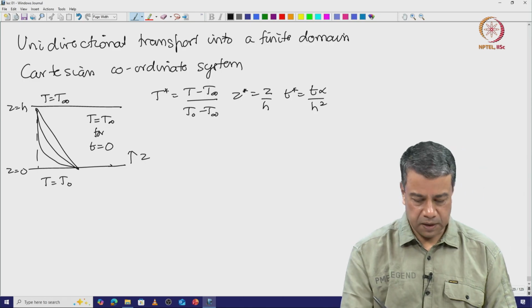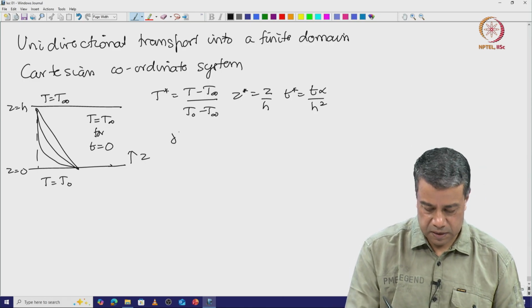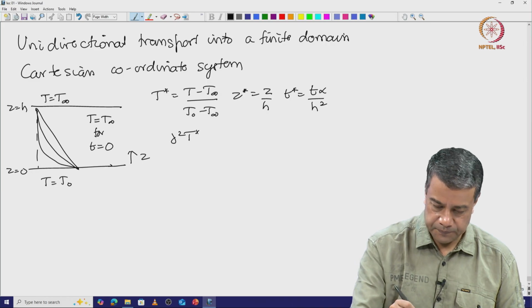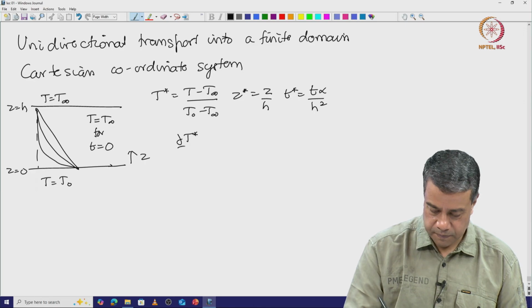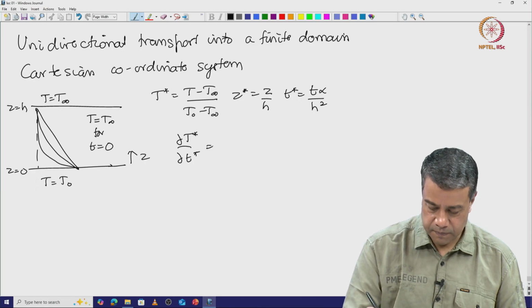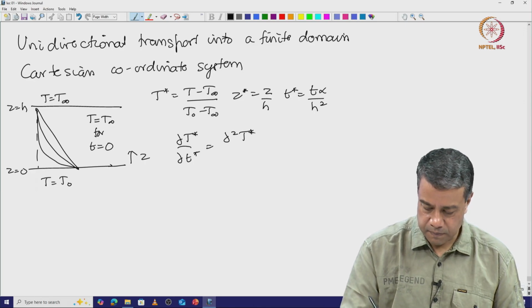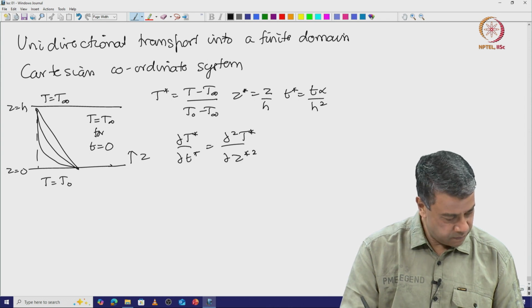And we had got the equation as partial square,